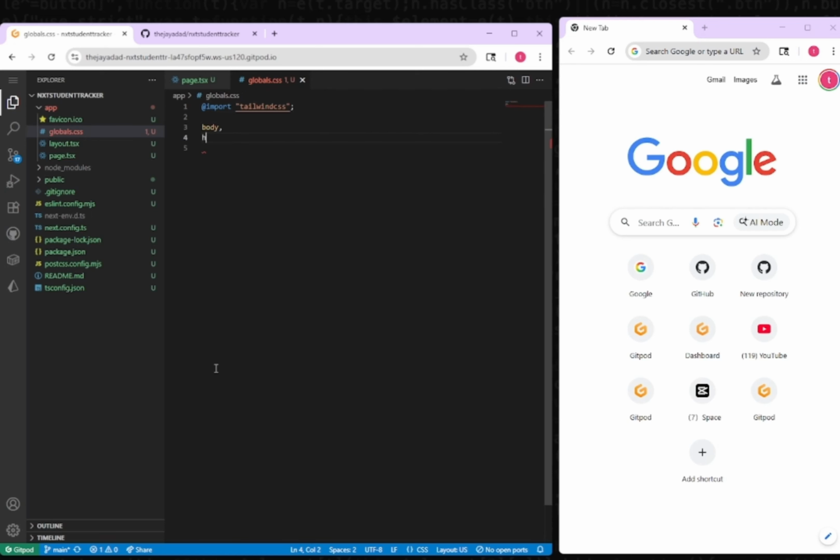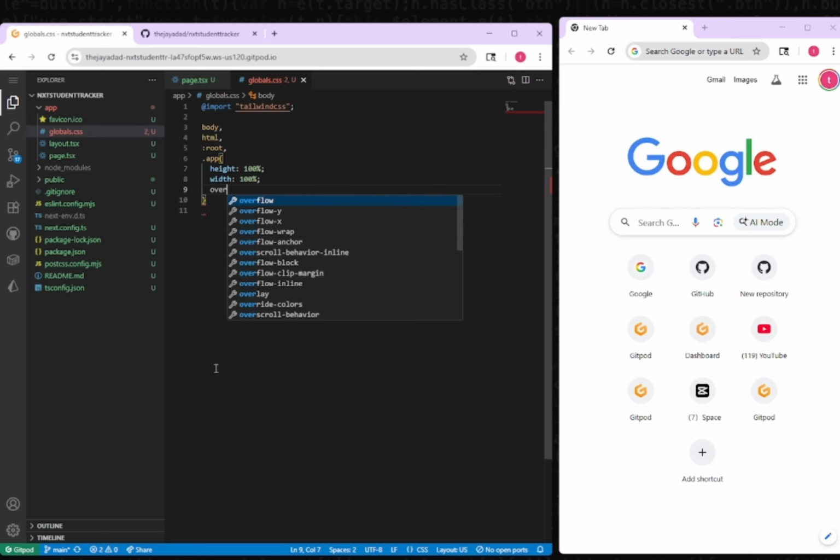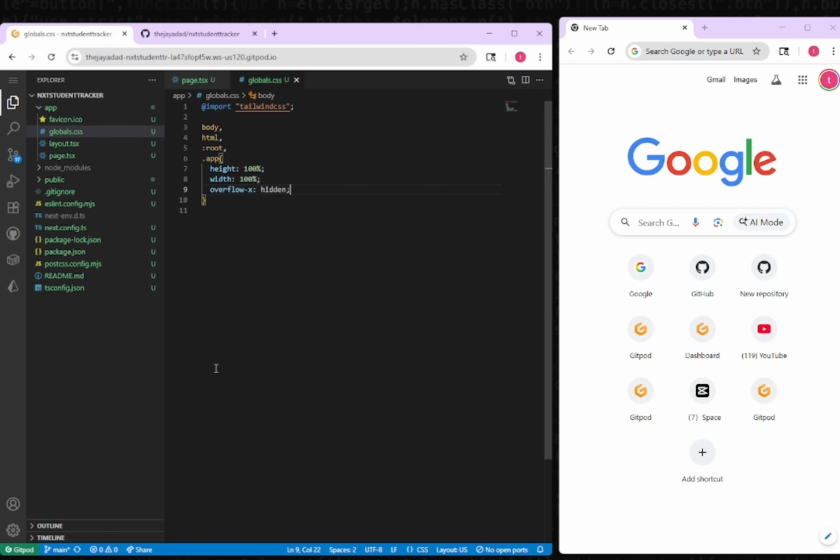And I'm going to set the height and width of our application so we have a full size page as it pertains to the viewport for the height and width. So we'll say the body, the HTML, :root, and .app. Inside of it, we'll just set the height to 100%, the width to 100%, the overflow on the x-axis we're going to hide, and I'm going to set the text size to be default small,